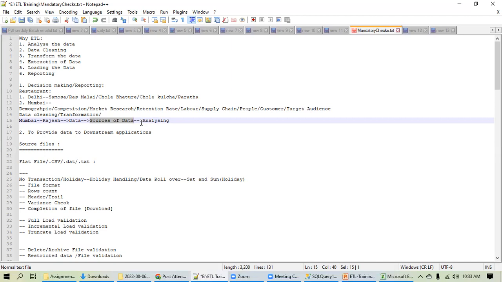And when you are attending any ETL project interview, they will ask, or maybe I know a few of you are working in an ETL project, or those who are planning to switch into that, the first question will be, if you have started working in an ETL project, what will be your first use case? So the first thing you have to check is, what all are my sources of data? And here is the difference between ETL and ELT.